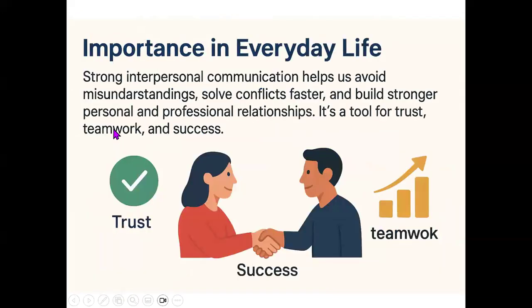So again, I don't even know if we have to explain this, but clearly being able to communicate well with other people, whether in personal or work or educational settings, is going to improve relationships. It's going to help people trust one another, work together better. So I think that's obvious. The end of these videos is always like the why it's important. And I think to most intelligent people, it's pretty clear. We want to be able to communicate better so that we can work better together and trust one another.